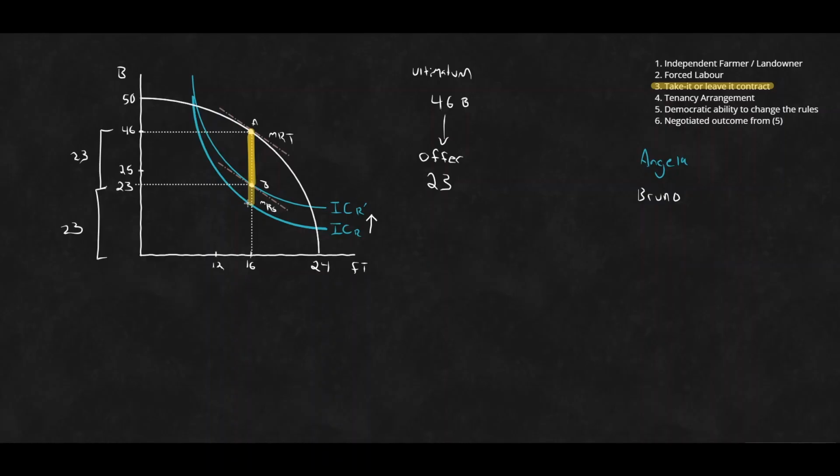Angela was getting right at her indifference point, right at the lowest amount she was willing to accept. And so there's no surplus that she's receiving. It's all being attributed to Bruno. What we see is as we've moved to this take it or leave it situation, we now have a lower amount of benefit, lower gains from trade available altogether. Yes, Angela is better off, but still getting 0 economic rent versus her alternatives,